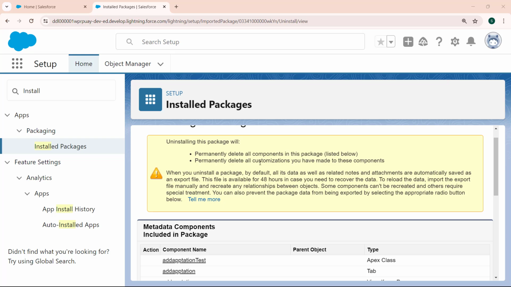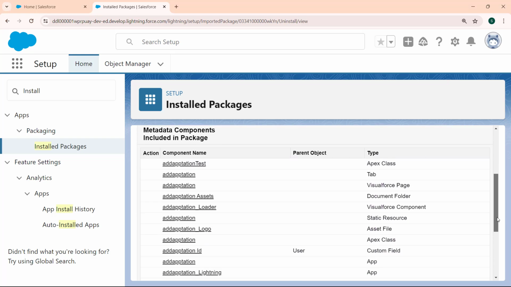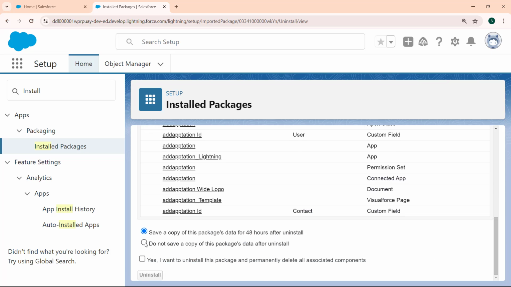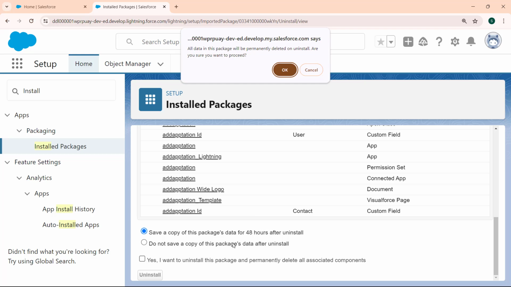Some components cannot be recreated here and others require special treatment. You can also prevent the package data from being exported by selecting the appropriate radio button below. Here we can see the metadata components included in this package. Here we can click on "Do not save a copy of the package data after uninstall." If you want to save a copy of this package data for 48 hours after uninstall, then select this